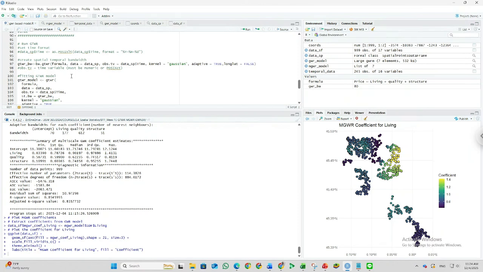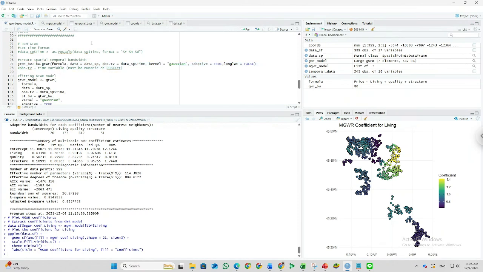So for your final project, if you have the time like year, month, and day, you can convert your data into the time format used in the GWR model, because in the GWR model the time variable must be numeric or positive like that.